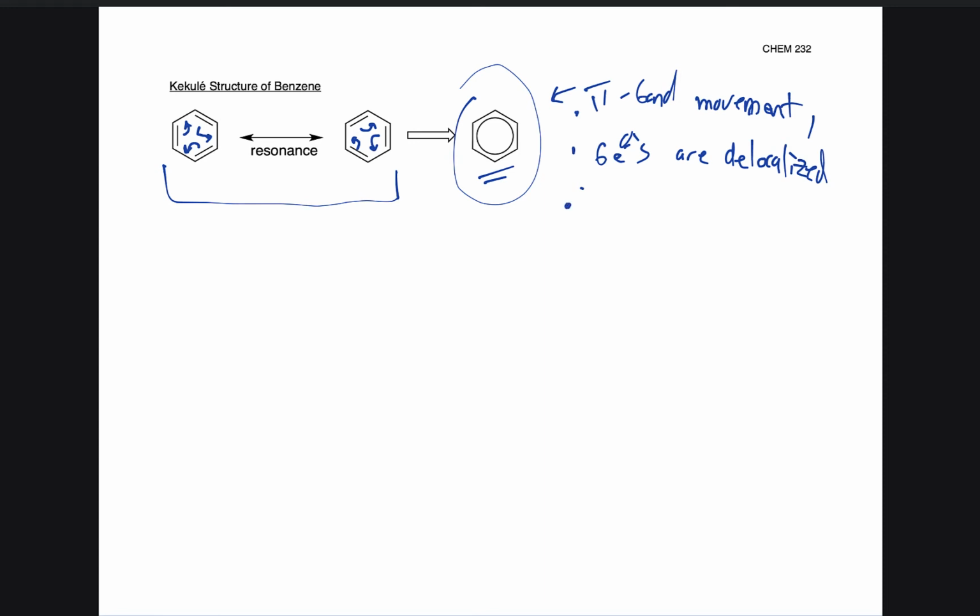And moreover, this is important too, because of this movement, all 6 carbons are sp2, they're planar. This is really important to aromatic rings in general. The title here, and we might talk more about this in class, Kekule structure, that's referring to these individual benzene rings. Kekule is the name of the scientist who discovered the structure of benzene. We might talk more about that in class. The history of it is pretty interesting, in my opinion.